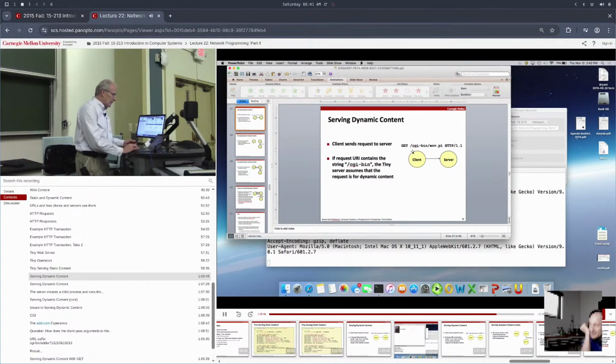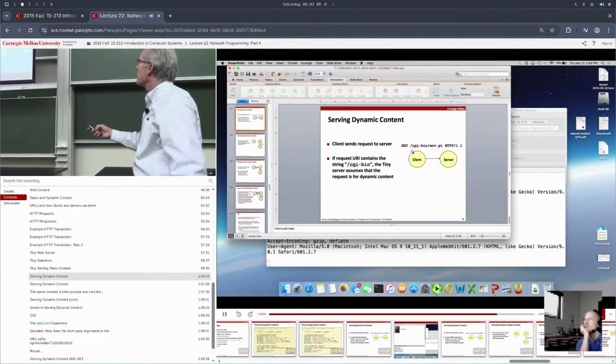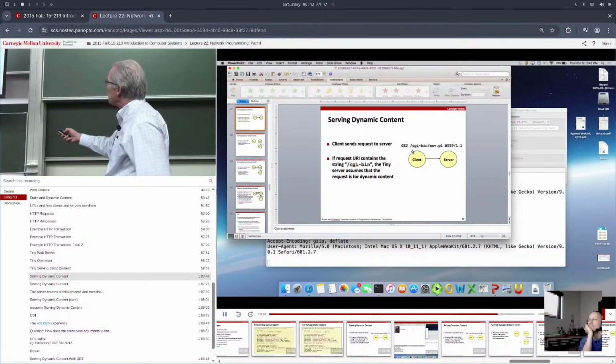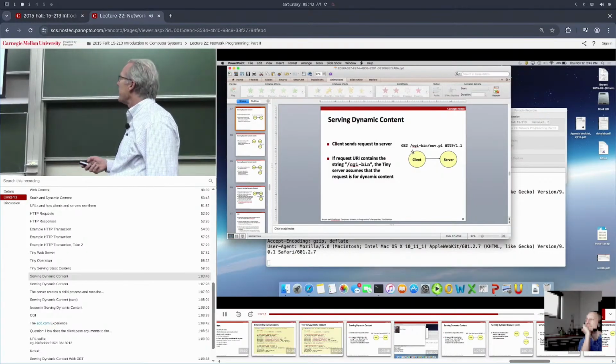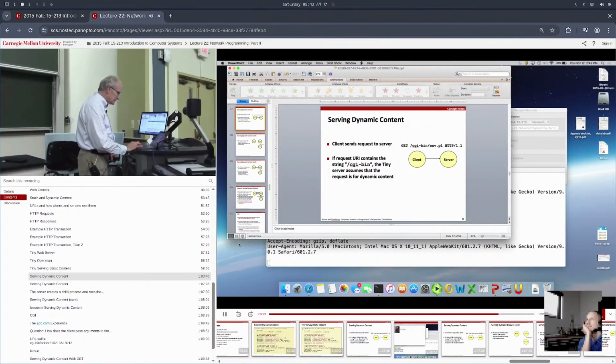So imagine that this time it's a GET request, but instead of the adder function, it's some other Perl program that is sitting on the server somewhere called env. We won't worry about what that program does. We'll just show you the idea behind it. So a GET request comes in, and it says cgi-bin, and then the next argument is interpreted as the name of a file. And what will happen then is that the server will spawn off a process